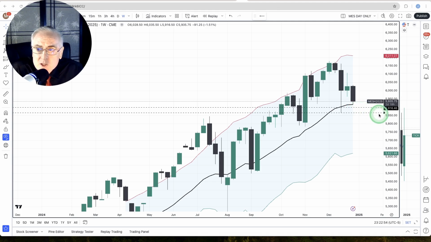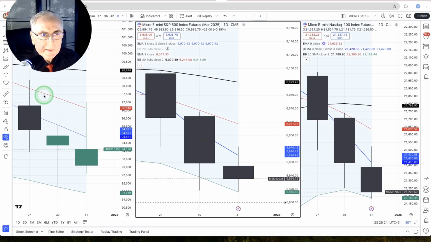So let's look at the daily charts. Daily charts on the left, Bitcoin. So with Bitcoin, it actually looks stronger than the S&P 500 in the middle and the NASDAQ on the right because, first off, the candles are green. And you can see here the premium wick of the candle I'm pointing out here actually penetrated the 3 EMA, the 9 EMA, and got all the way up here to almost 97,000. And we did not touch the 91,419 lower Bollinger Band. It's been weak the prior days.